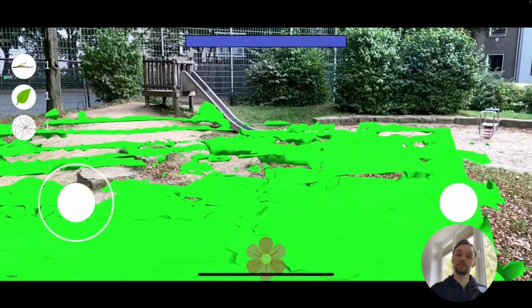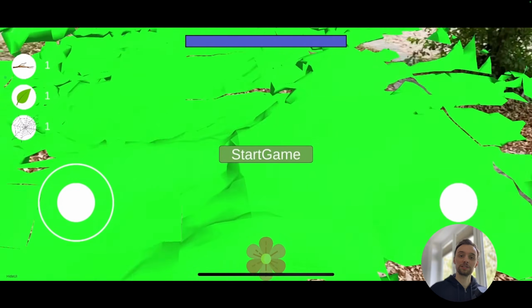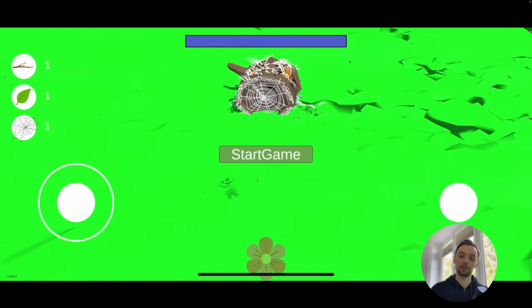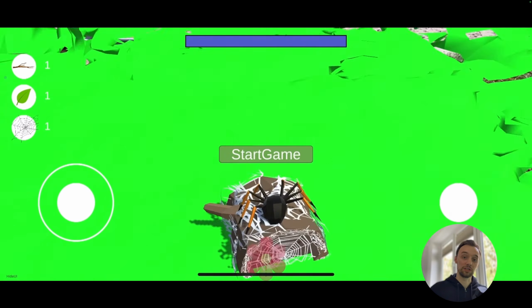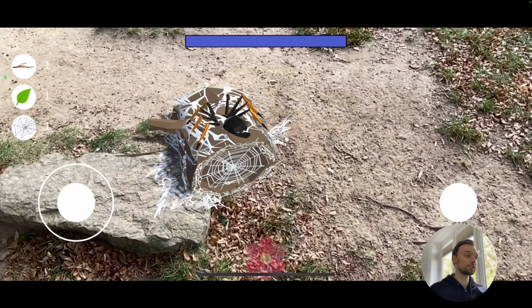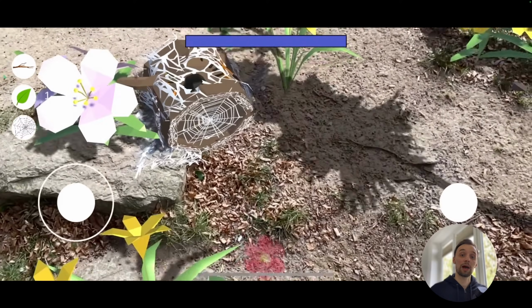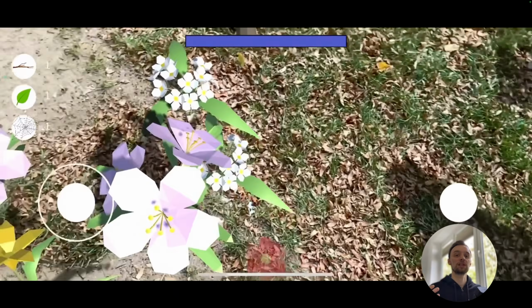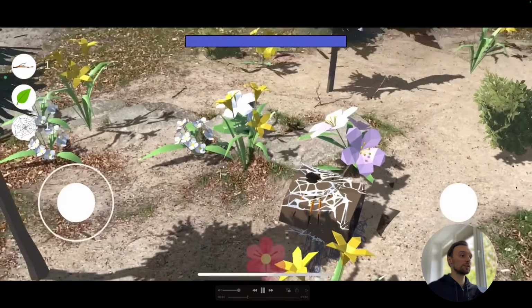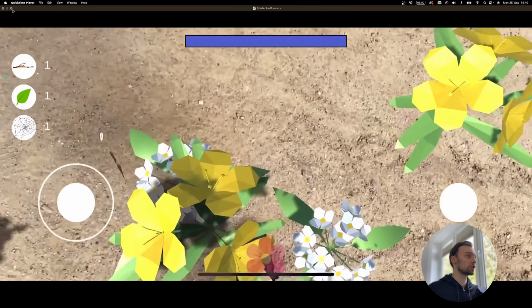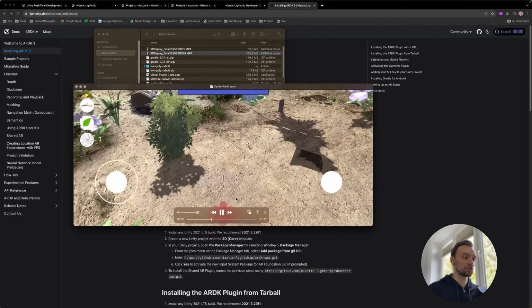My name is Toby and this is the first tutorial of the series where I'm going to show you step by step how you can create your own augmented reality application using Unity and the Lightship ARDK 3. What you are seeing here right now is the AR game I'm currently working on, using some advanced features such as live meshing. But in today's video, I want to just give an introduction into creating augmented reality applications within